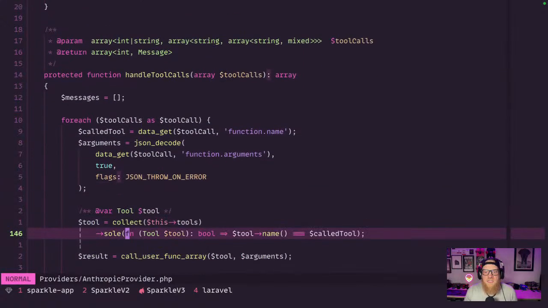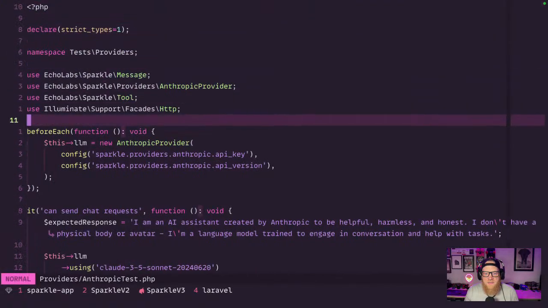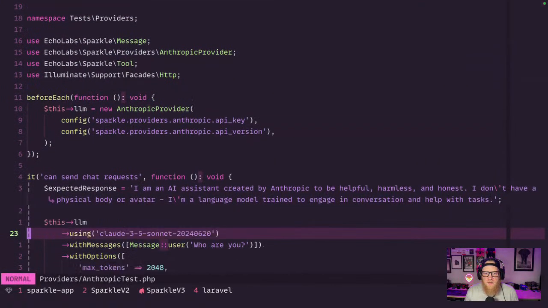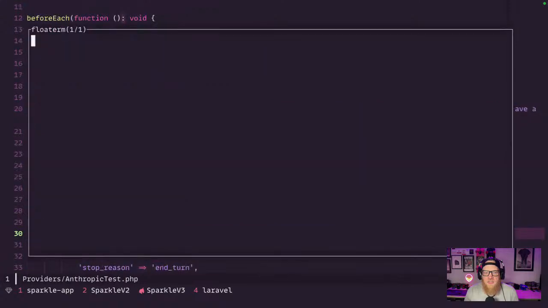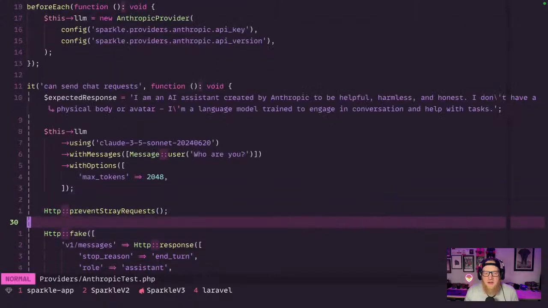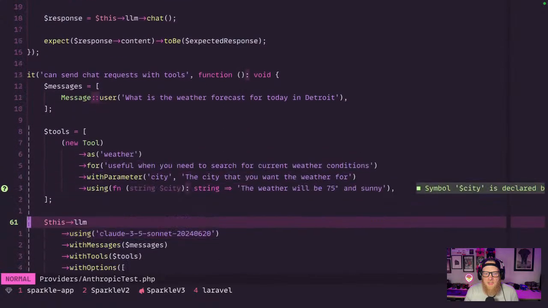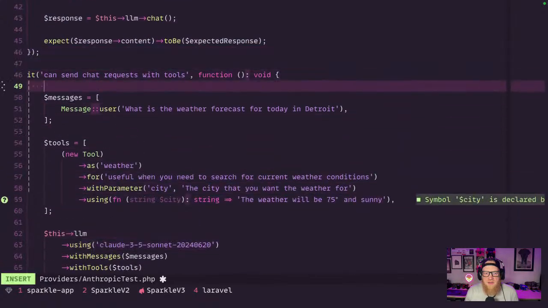What we need to focus on today is this handle tool calls method, because we're not actually calling any tools at this point. Let's go take a look at our Anthropic test. We've got our first test here, which I think is going to throw an error no matter what. I think it's calling both of these. So I think if we just mark